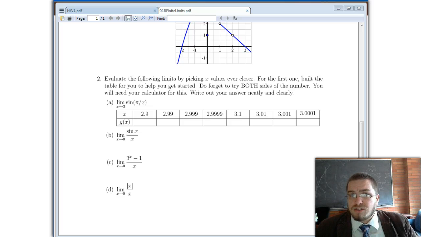Basically, mathematics is mastered by doing and not by reading. If you don't do these and you only look at the solutions, you won't know that you know it. What I would recommend that you do is, after you watch the videos, you practice these problems. If you don't understand how to do these problems, then please use your resources like tutors and the math lab and that sort of thing